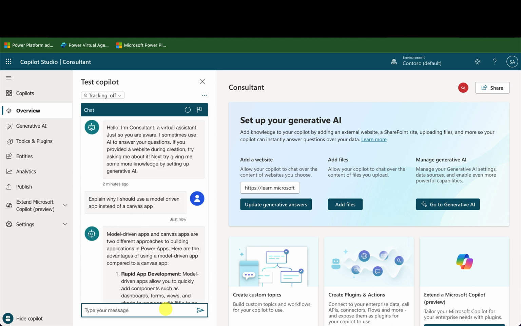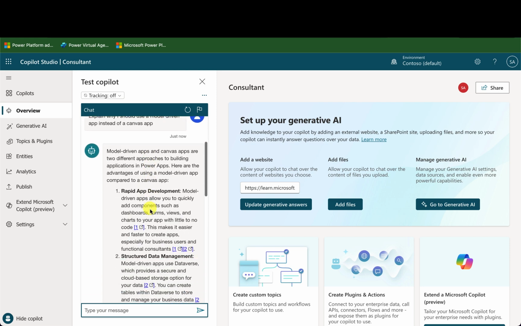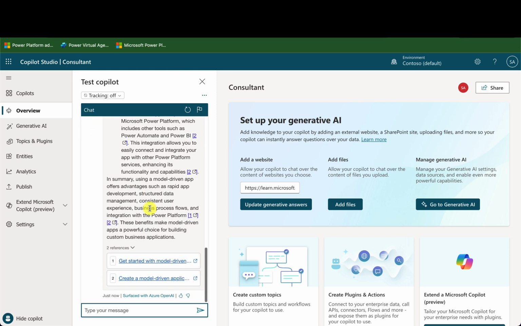So we're going to get information back around Power Apps as well, because I've just pointed it at the whole Learn site.